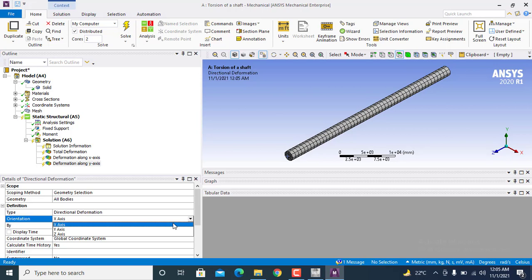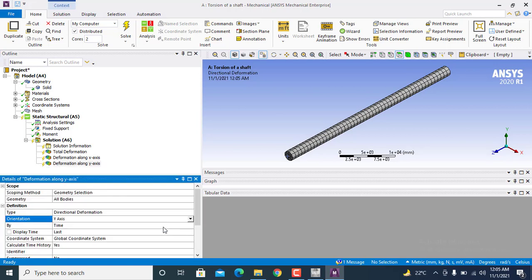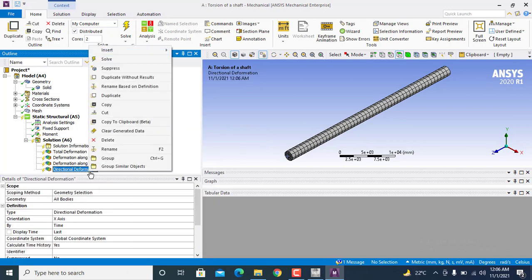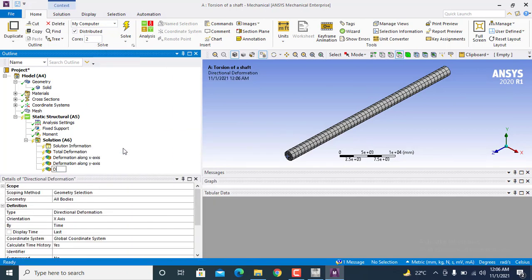Select x-axis and press y-axis because we want to calculate deformation along y-axis. Now again insert deformation directional, rename it to deformation along z-axis. Our four results has been added.